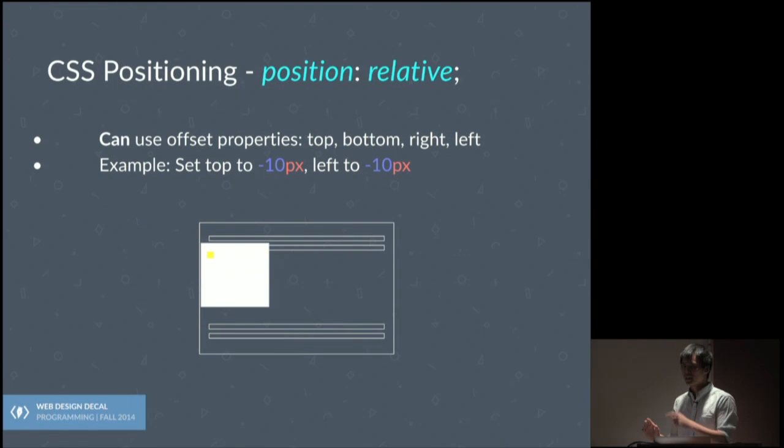It's supposed to start from that corner, but it isn't because I've changed it a little bit. I set the top to -10 pixels, so it goes 10 up from where it should be, and left -10 pixels, so 10 to the left of where it should be. As a result, it's pushed and skewed off a little bit. So position relative is relative to itself, to where it would normally be: how much do I want to offset it by? If I said -10 pixels for the top and -10 for the left, then it would react in this way.